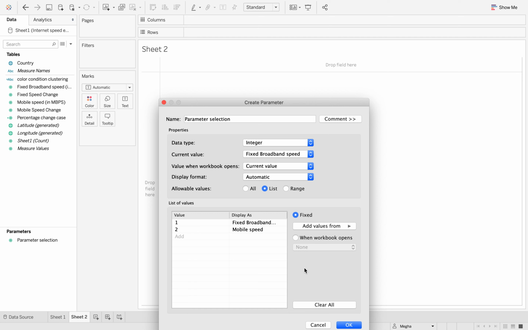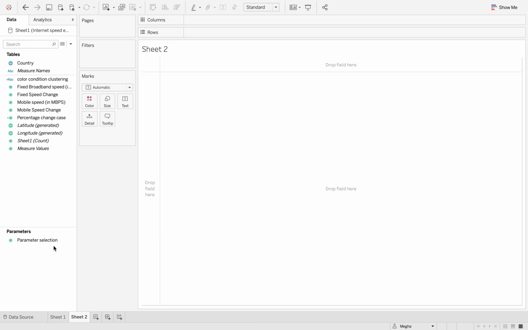This is how our parameter is created. Though because I have already created a parameter, I am not going to click on OK. I am going to click on cancel here.